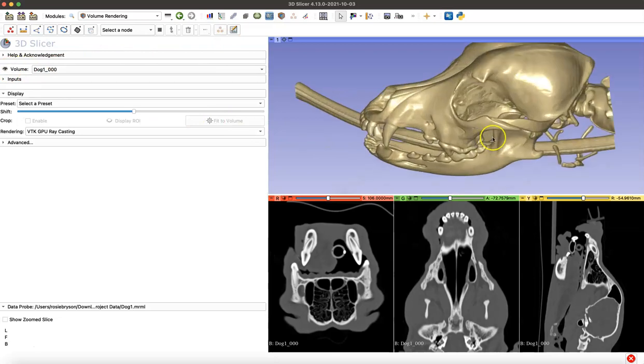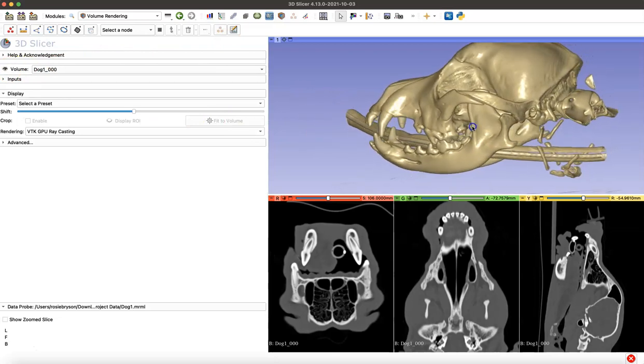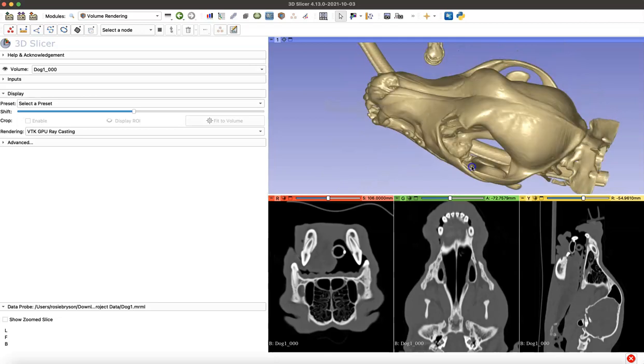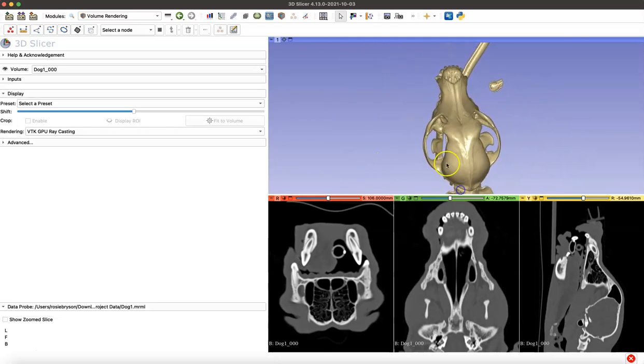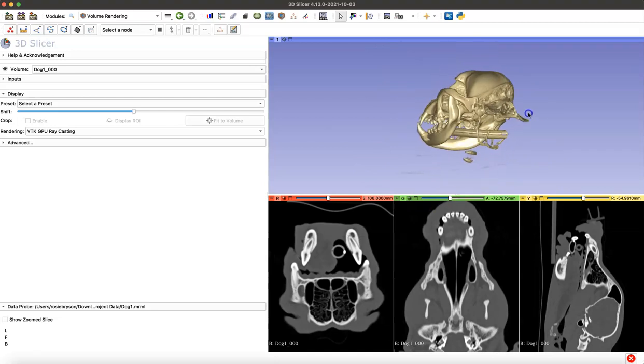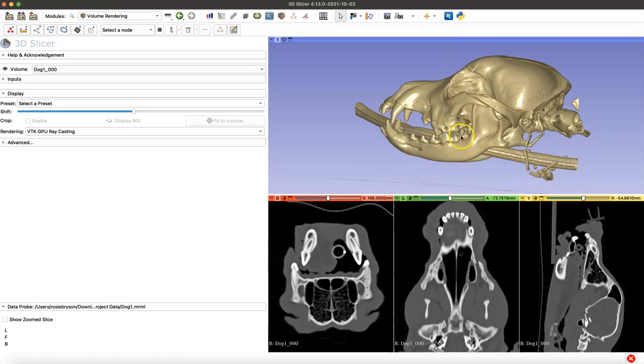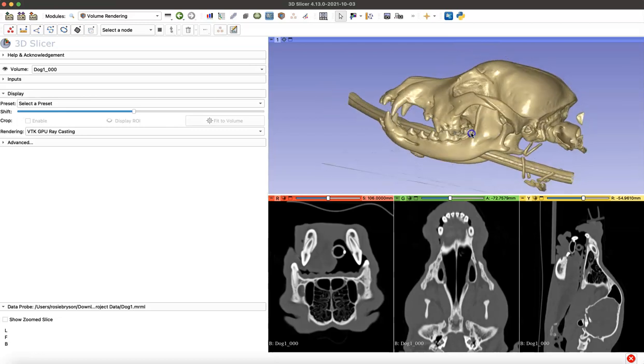So for this study, we're going to be taking a curve of this temporal arch on the dog specimen. And the most important thing when you're taking a semi-landmark curve is to make sure that the first and last places on your curve are homologous landmarks, that you can repeatably, with precision, find them on every single specimen. So with this curve, we're going to be studying between all of our dog specimens how far that curve projects